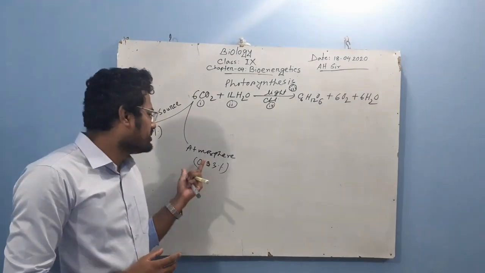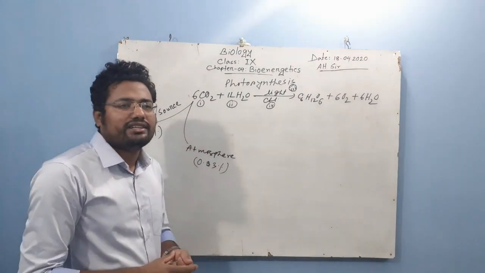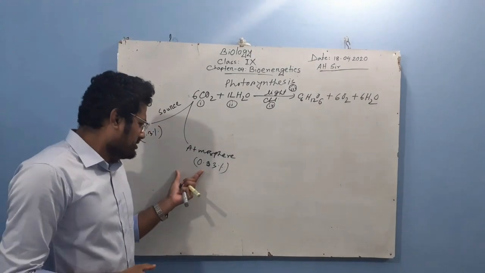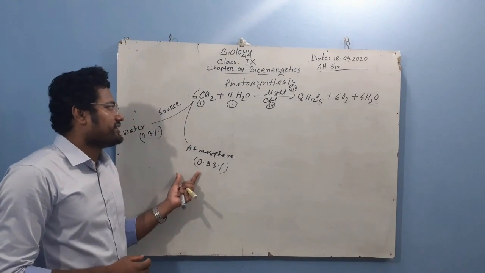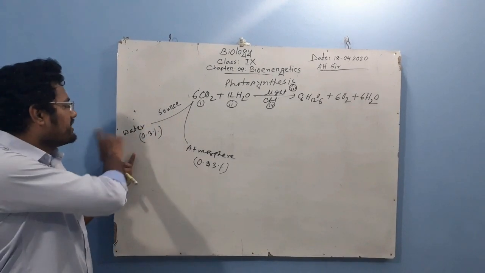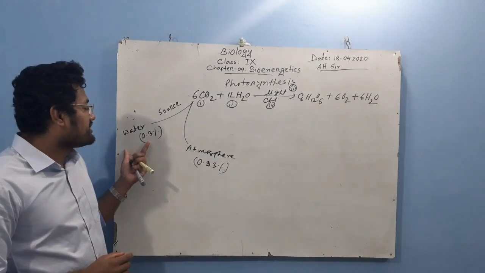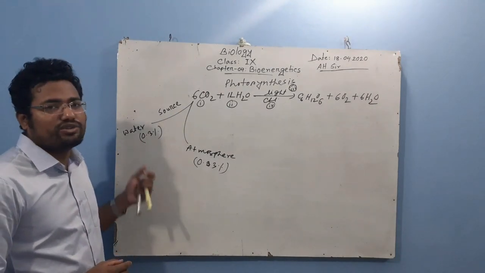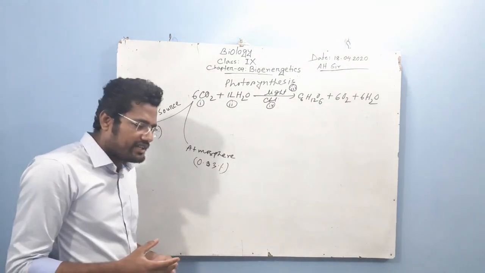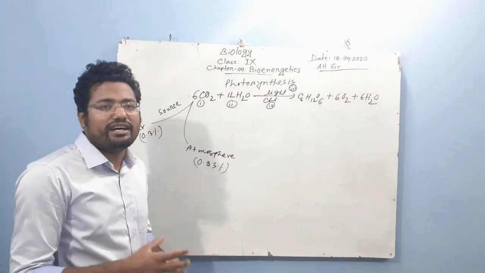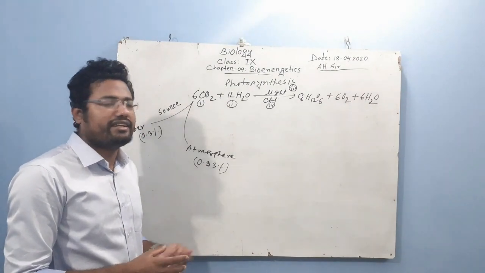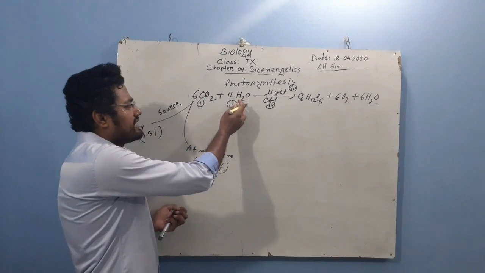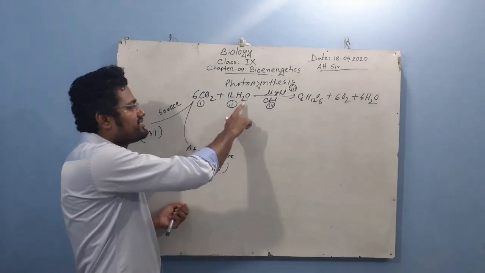This carbon dioxide from the atmosphere goes through the stomata to the cell, and the chloroplast uses this carbon dioxide. If we observe the water, the percentage of carbon dioxide is high, 0.3%. Carbon dioxide is dissolved in water. For this reason, the rate of photosynthesis is higher in aquatic plants than in land or terrestrial plants.